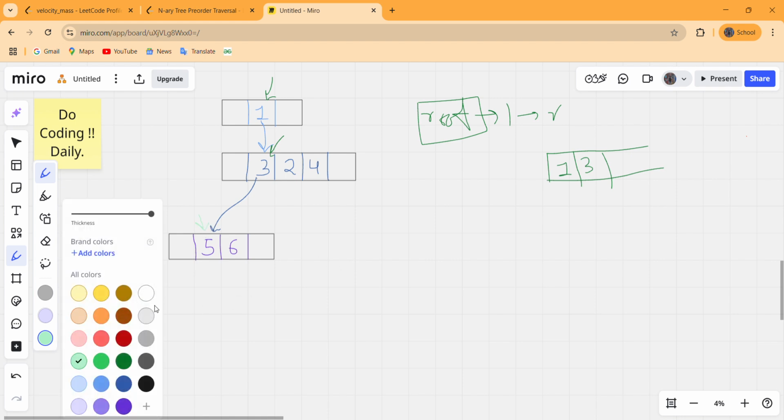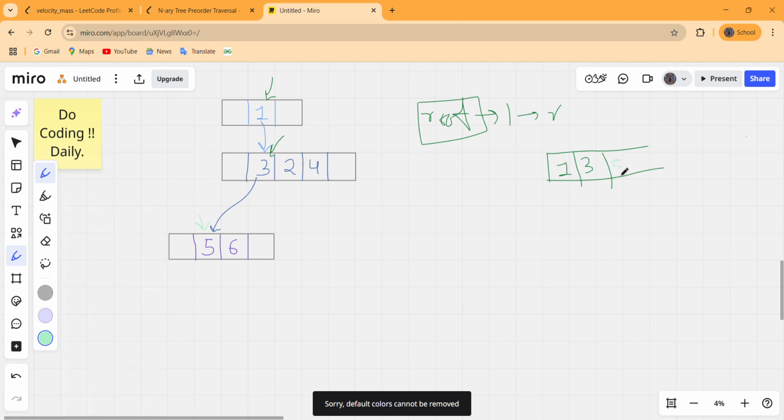Before doing anything else, if it is not null, push that inside our answer, like push this 5 inside our answer and then explore its children first. And when we try to explore its children, there will be no children for 5, so return and explore the other siblings of this 5.